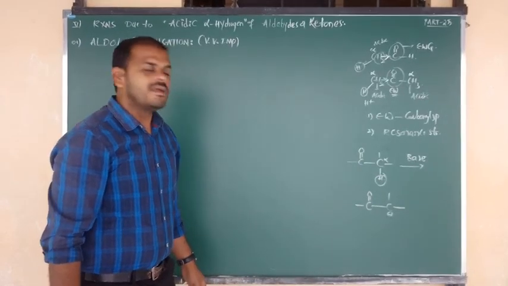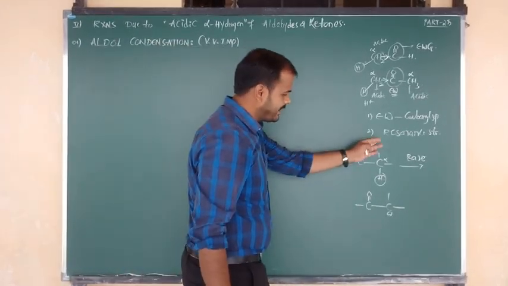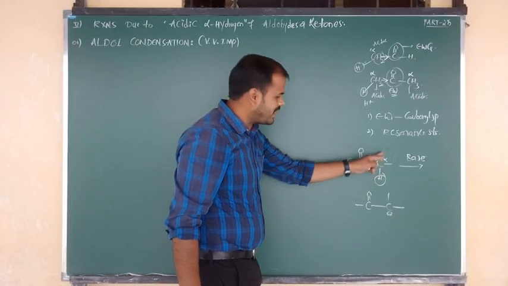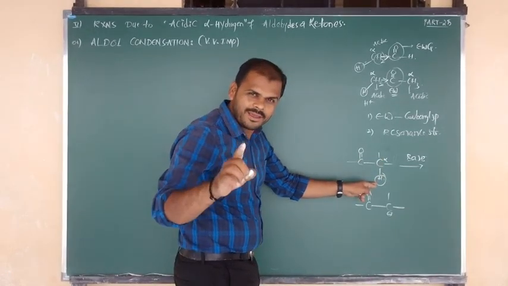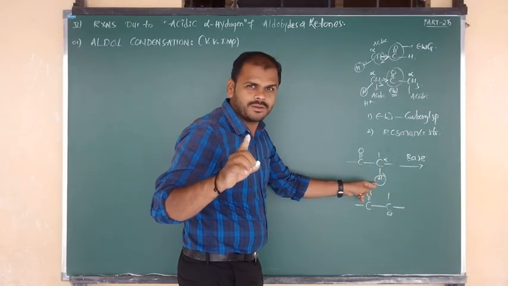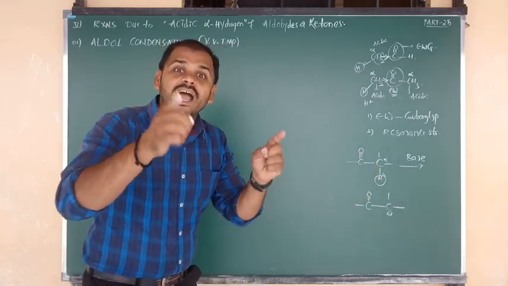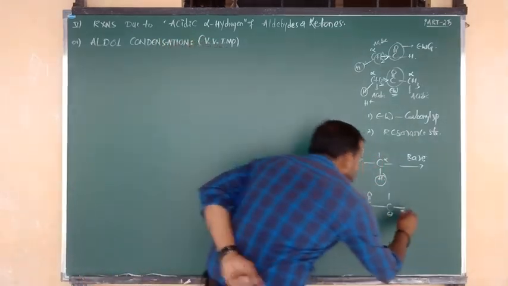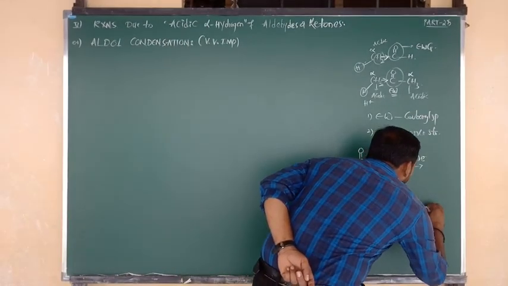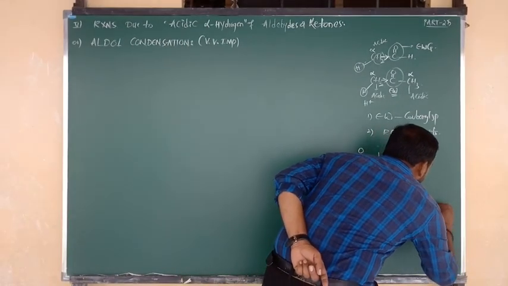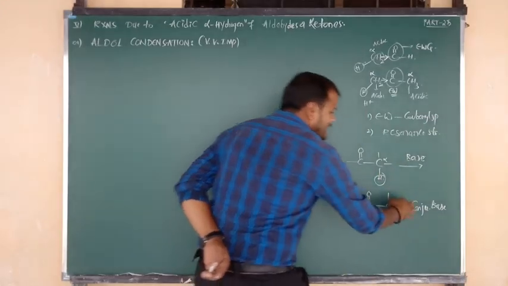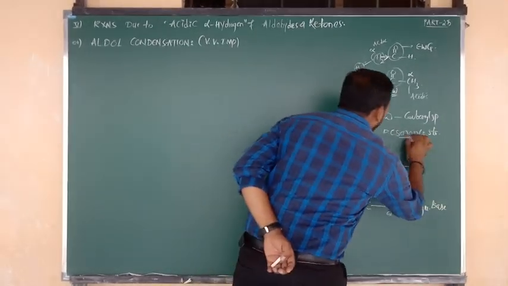Okay, now beta, listen carefully. Aldehydes and ketones, initially due to the presence of alpha hydrogen, have an acidic nature. But after loss of a proton, the acids change into their conjugate bases. So this is your structure. What is the structure's name, Nana? Conjugate base. For that conjugate base, now we can write the resonance.